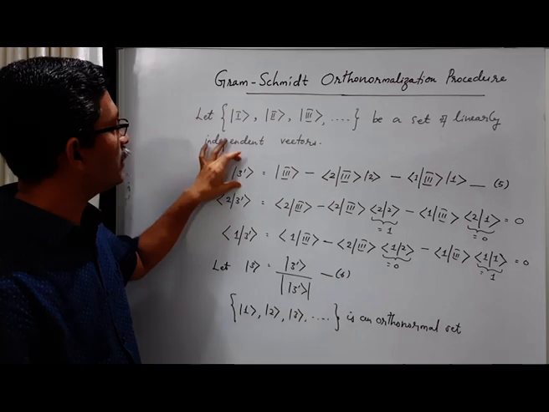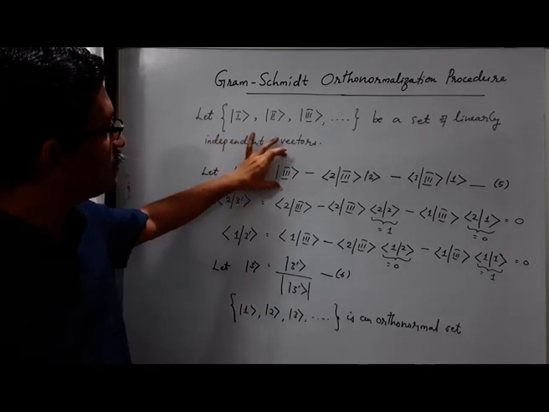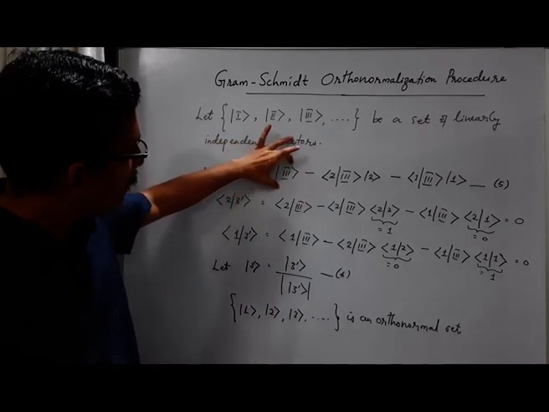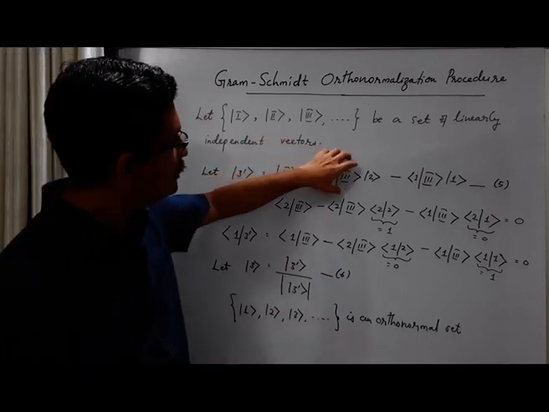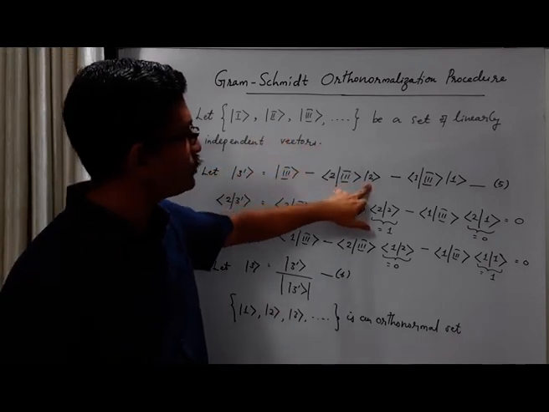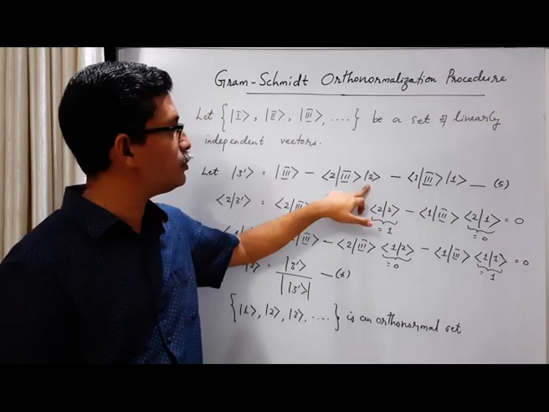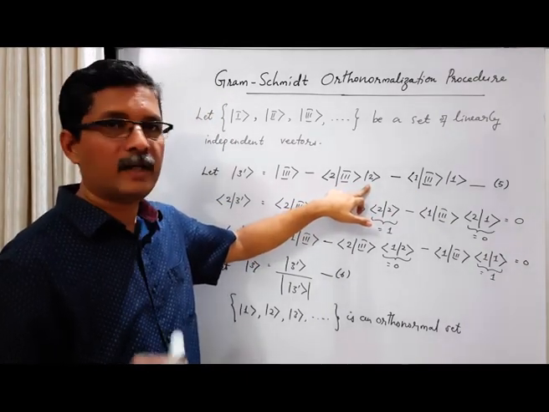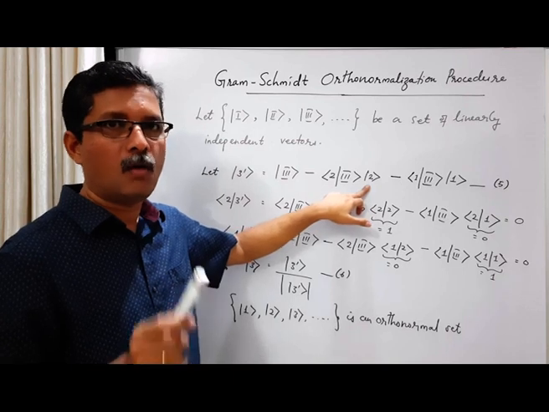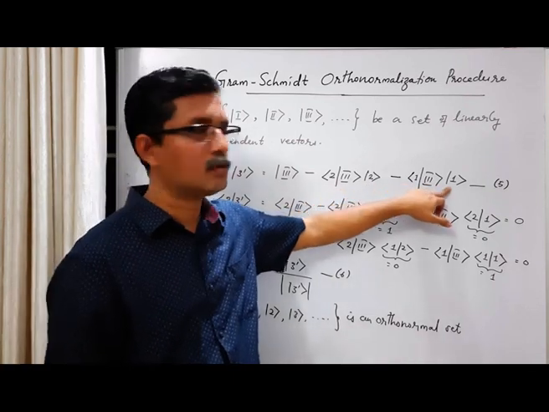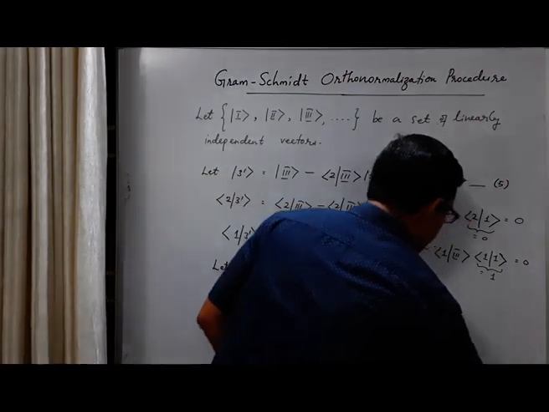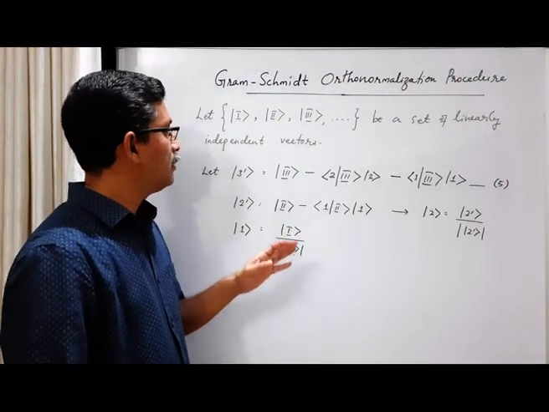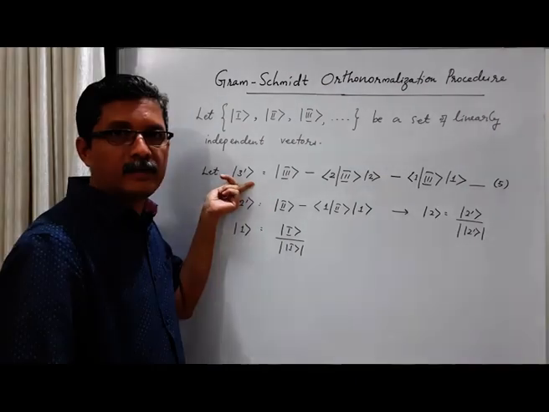See, for example, 3 prime is ket 3, the Roman letter 3, Roman vector ket 3. This is a scalar, and you have this ket 2 here, ket 1 here, but ket 2 is obtained as a linear combination of the old vectors, and ket 1 can also be written in terms of the old vectors. I will show that.